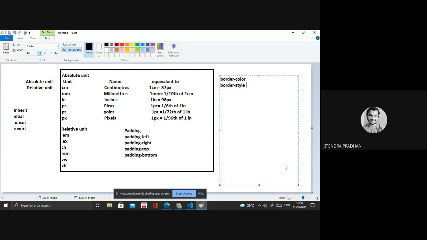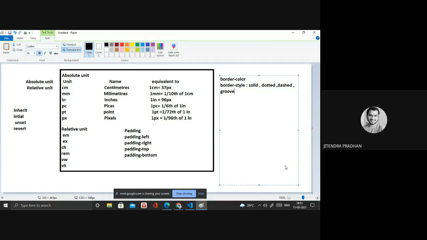In the style we have solid, dotted, dashed, and groove. You have to apply these yourself in your system, and use them in any website and web page.